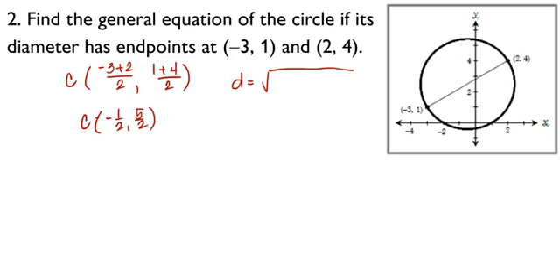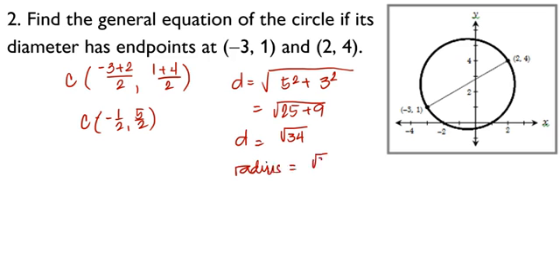x2 minus x1, so that becomes 5 squared. y2 minus y1, that becomes 3 squared. So this is the square root of 25 plus 9, that's the square root of 34. But this is the diameter. Therefore, the radius is square root of 34 divided by 2. So if I ask you what would be the equation of the circle, it's going to be